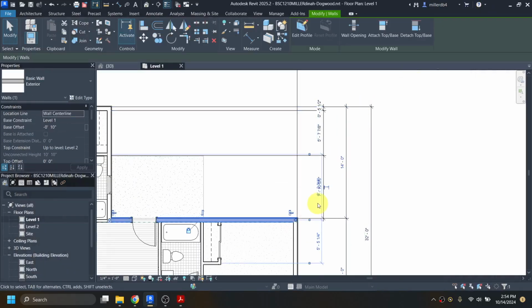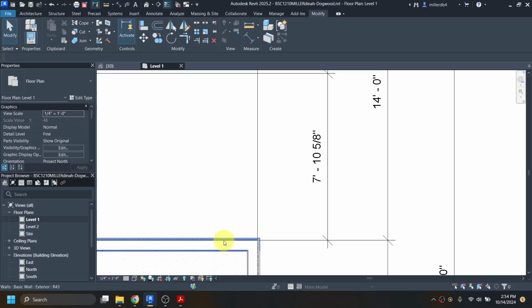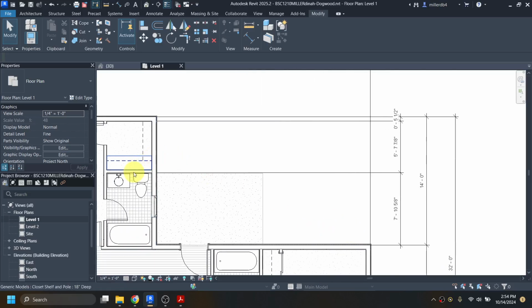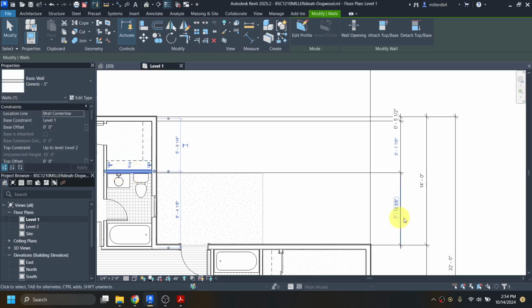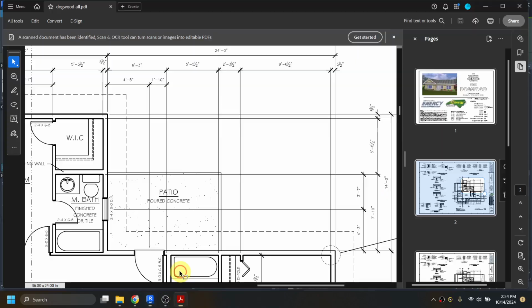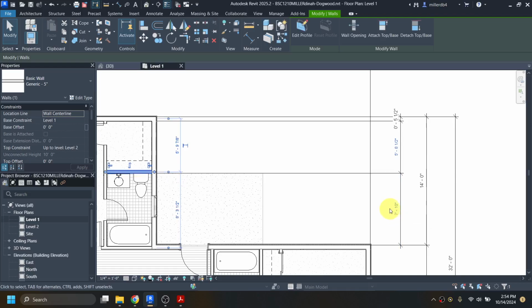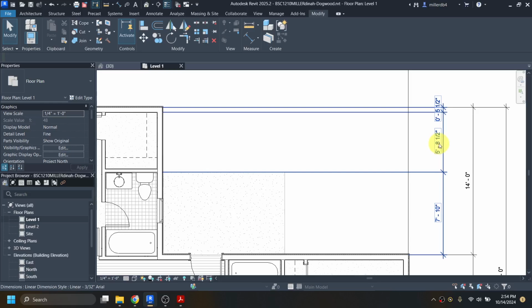I'm going to click on the wall I'm referring to. Sometimes those witnesses will get in the way of each other and there's nothing we can do about it. Let's actually click on this wall. And I'm going to change that to 7 feet. 7 feet, is that what I wanted? From here to here? Do those add up? 7'10". I just don't know how to read. Okay. I said, whoa. There we go. And then this changed automatically because of the fact that they all had to equal up to